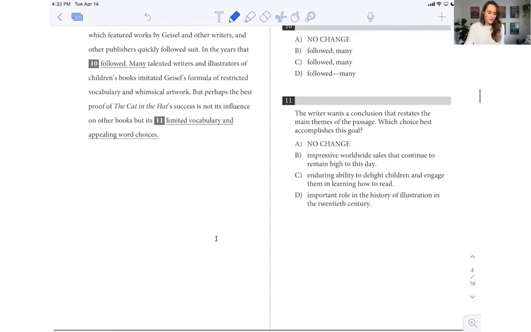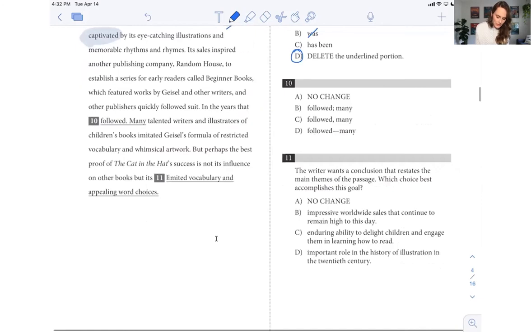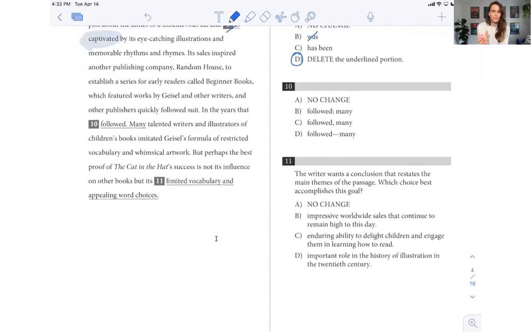In the years that followed, many talented writers and illustrators of children's books imitated Geisel's formula of restricted vocabulary and whimsical artwork. Let's go up here to number 10. So we need to just combine that piece of information there, right? The "followed" and "many." So "in the years that followed,"